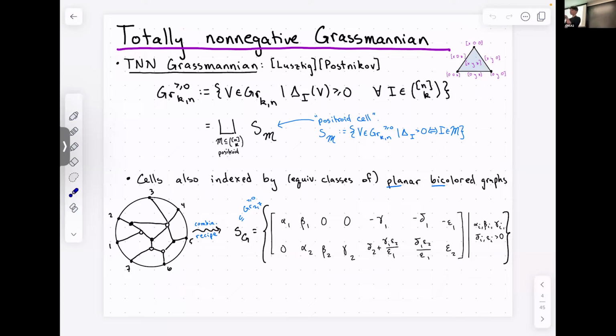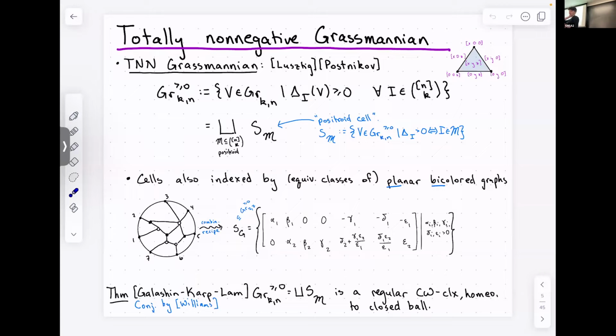Okay, so we've got these positroid cells. I'll be indexing them using Plabic graphs. The other thing that's very good to know is not only does the TNN Grassmannian consist of these very nice pieces, but the pieces also glue together extremely nicely. So this was a conjecture of Williams. She proved a combinatorial version, and then Galashin, Karp, and Lam used her results and more to prove the geometric